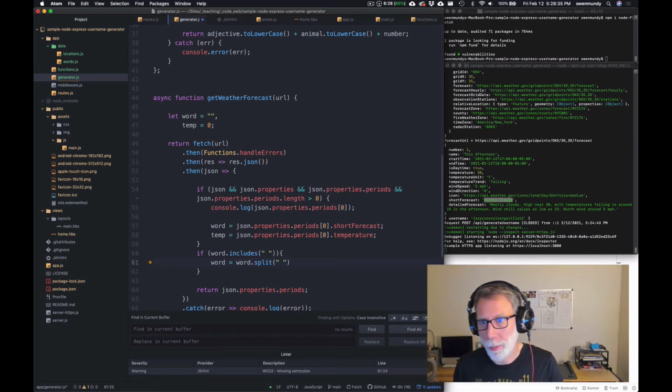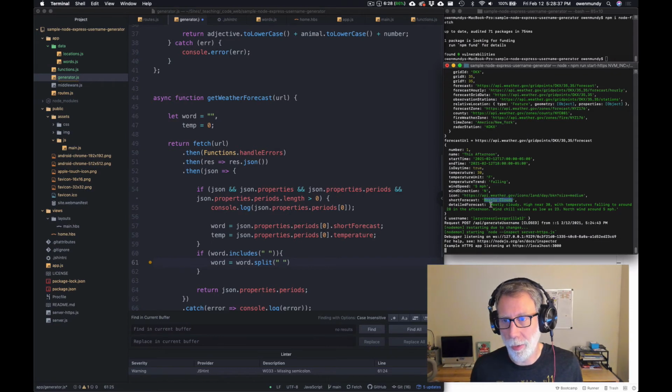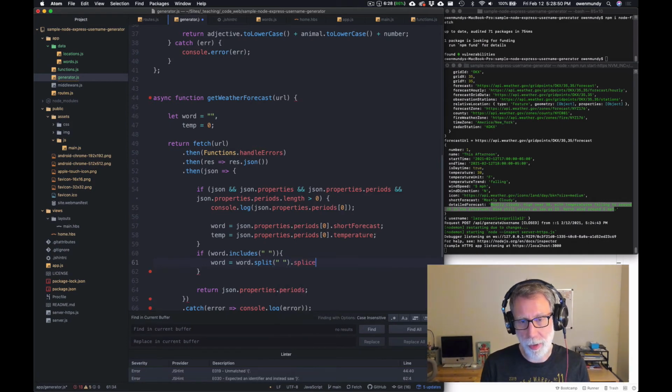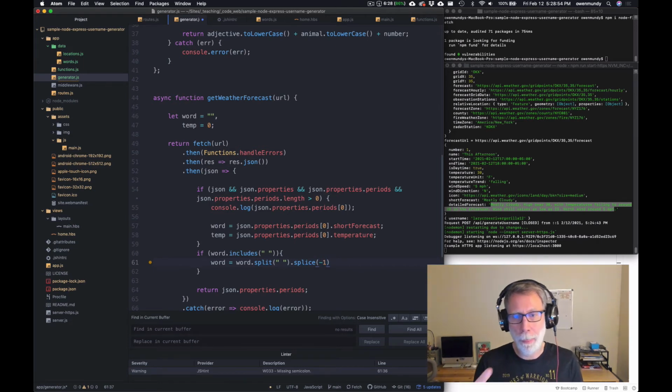Sometimes they look like this. So for example, if it looked like this, it would be an array that had, I don't know, 15 or 20 different indices with each word as an index. So we'll split the word, but then we'll splice. We'll use the chaining function in JavaScript, which is so handy for things like this. We'll splice the